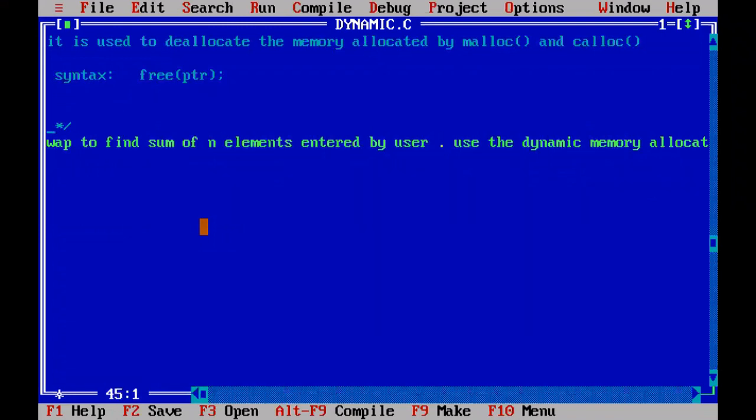So we have to create some integers and we have to add the sum of all the integers, and in this program we have to use dynamic memory allocation for storing all those elements.